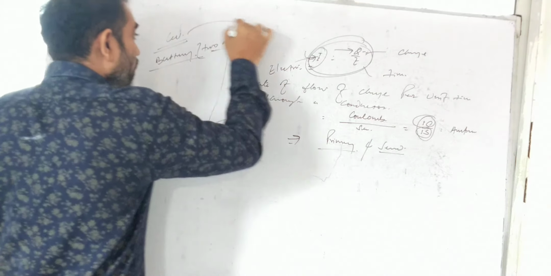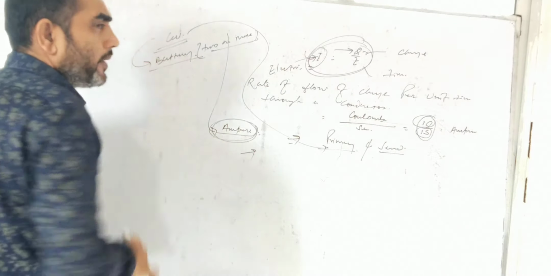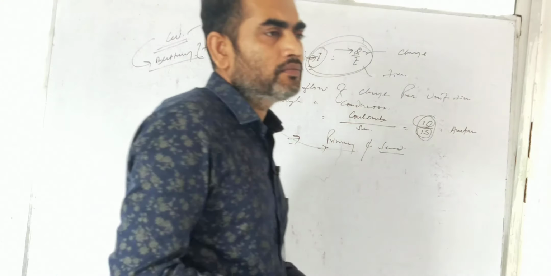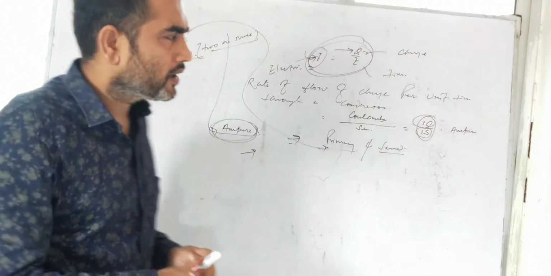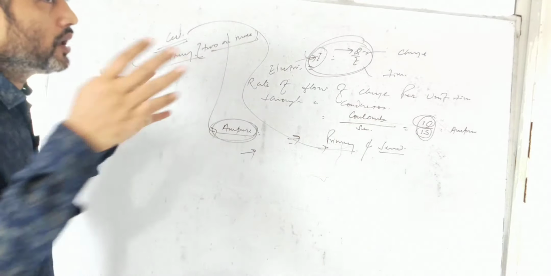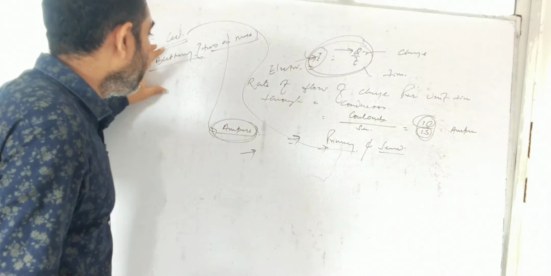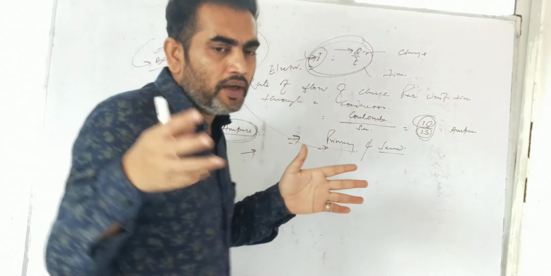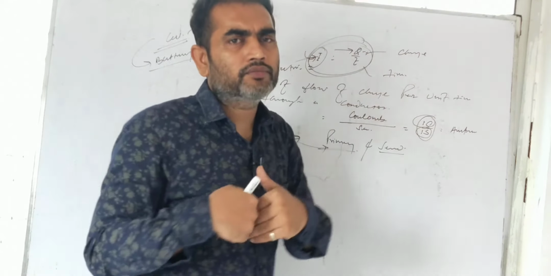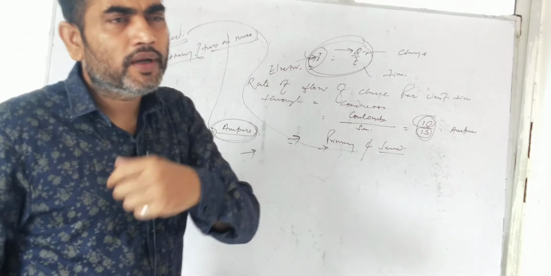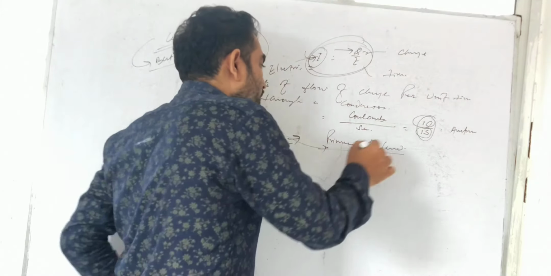What is the difference between a cell and a battery? No difference. A cell is used for small power generation, and a battery is used for larger power generation. It has a limit, but it can be used in a broader way and has more capacity than a cell. Both do the same thing, converting the chemical energy stored in them into electrical energy. Now we have the primary cell and the secondary cell.